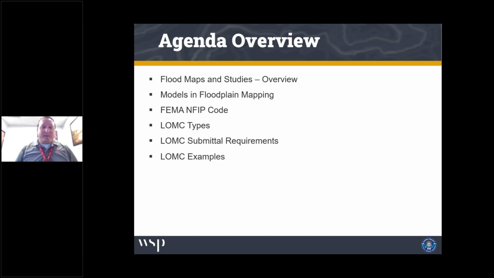Everybody should be somewhat familiar with 44 CFR 60.3 A, B, C, and D, and those different codes play into the letter of map change process. So we'll talk a little bit about each of those, and some of the requirements behind that, and then we'll talk about letter of map change types, submittal requirements, and then we'll go through some examples